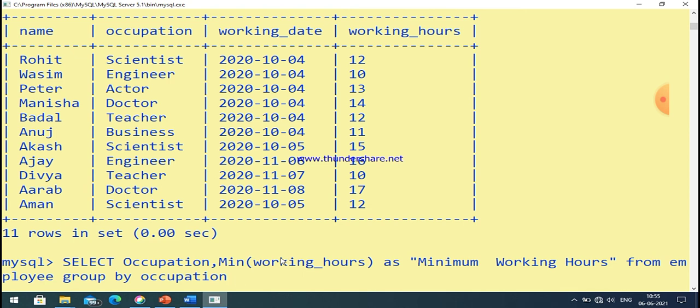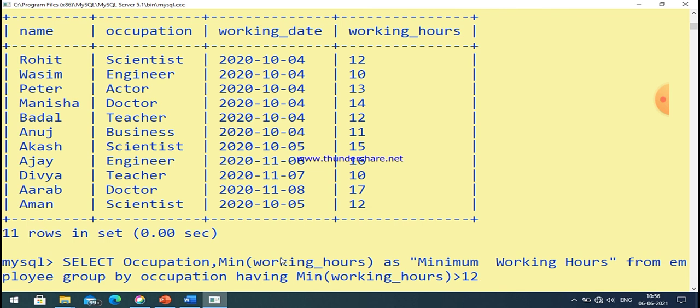The condition should be mentioned with the having clause: having min working hours greater than 12.